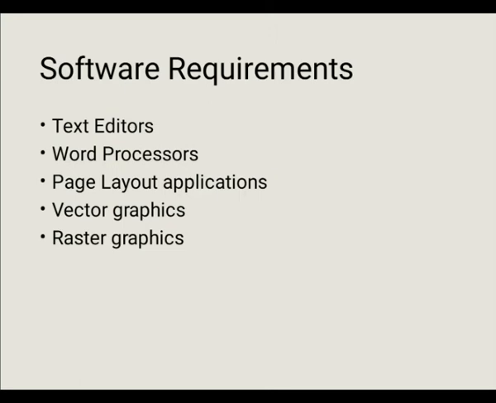Next is the raster graphics. Raster graphics represents that style of graphics in which the image is broken up into a matrix of picture elements called pixels. The matrix will have a certain number of rows, each containing a certain number of pixels. Each pixel can be assigned any number of colors. The number of colors depends upon the depth of the image, often expressed as the number of bits needed to